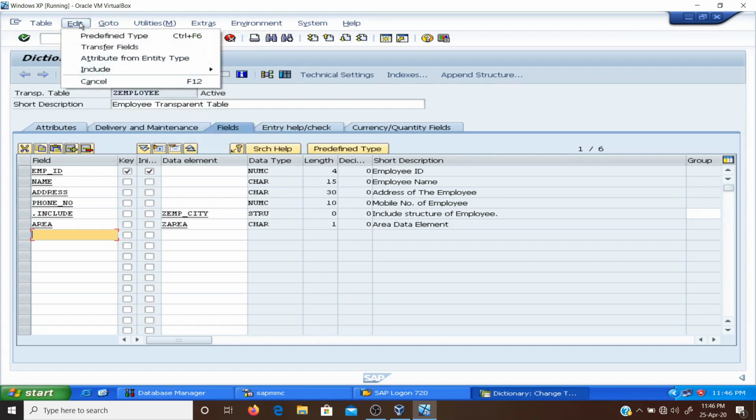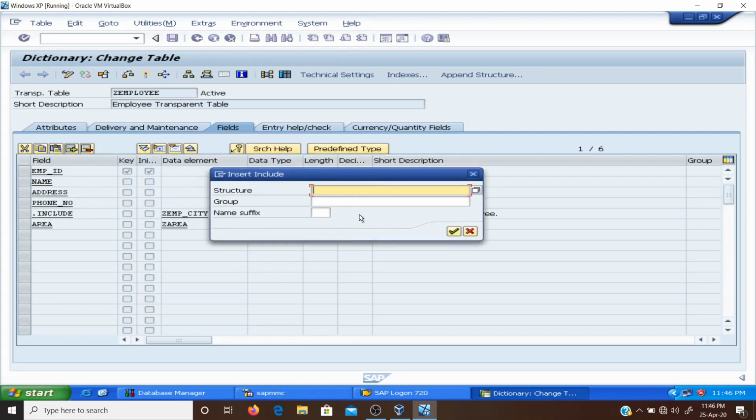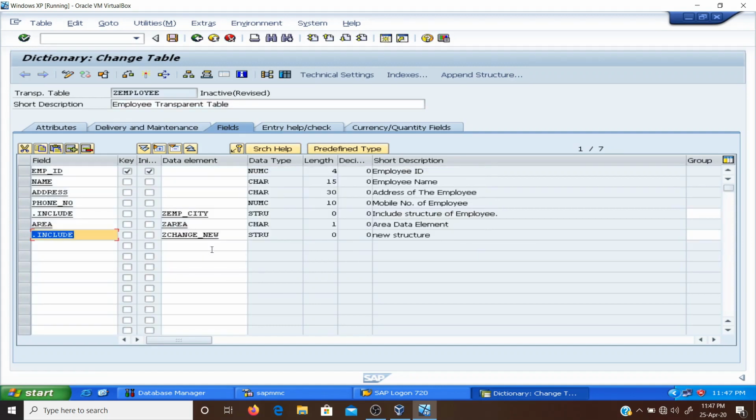Now go to the edit button, click on include, then insert. Now the structure name jet_change_new. Click on the continue button. You can see this new structure has been added as a part of this employee transparent table. Now click on the save button.